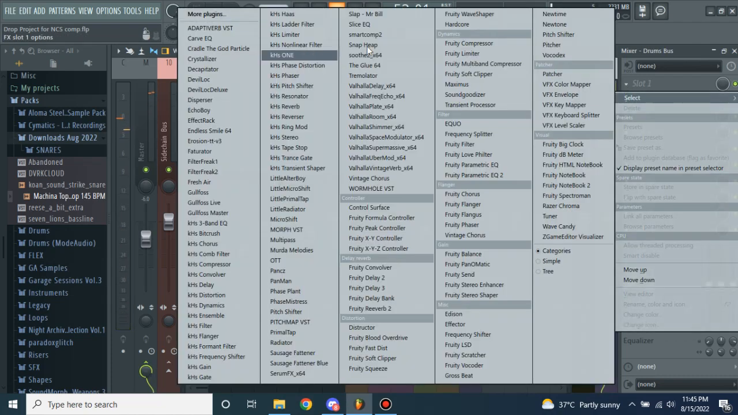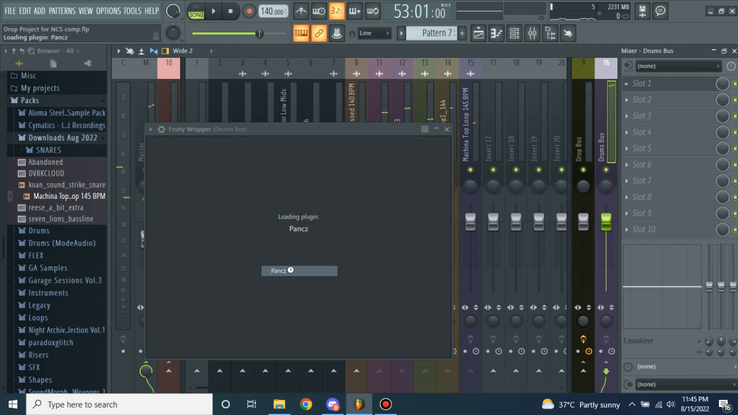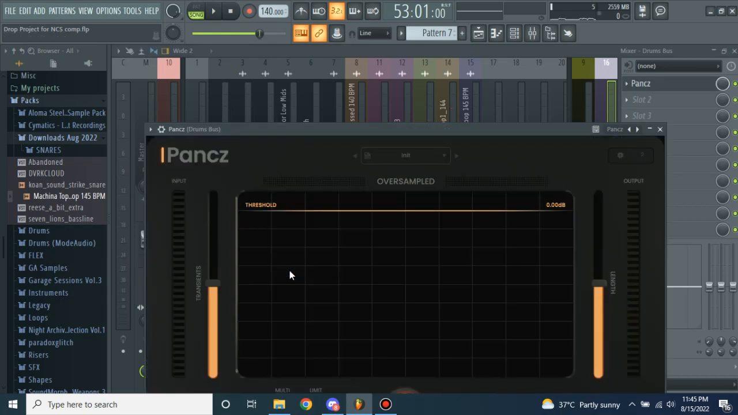For the drums bus, I'm going to pick the Panks compressor first. It's kind of like compressor, saturation, and everything in just one plugin. So yeah, we're going to go over some of the presets in here that can help us out with the